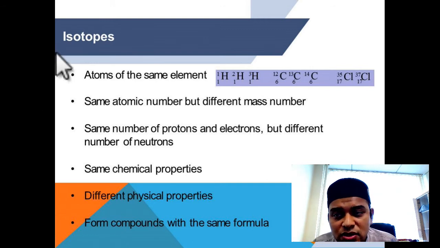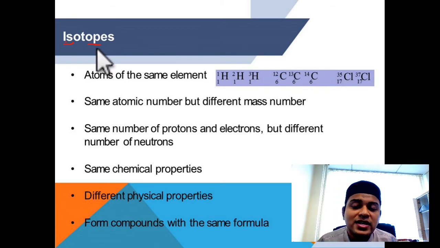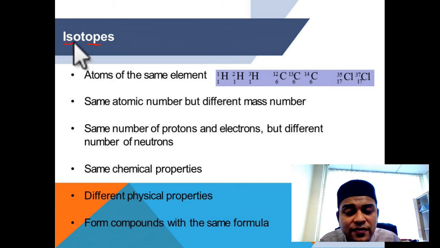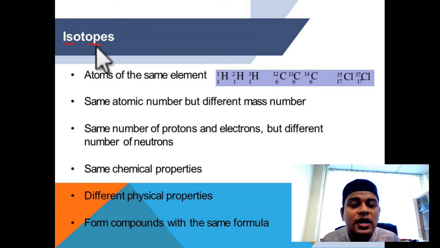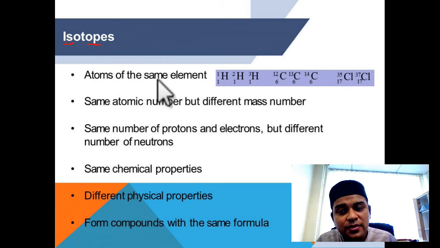As you can see over here, isotope, from the spelling itself, we have an S over here, S over here, and the P over here. Therefore, isotope can easily be said to be atoms that have the same proton number. Same proton number. Therefore, guys, an isotope is an atom of the same element, such as